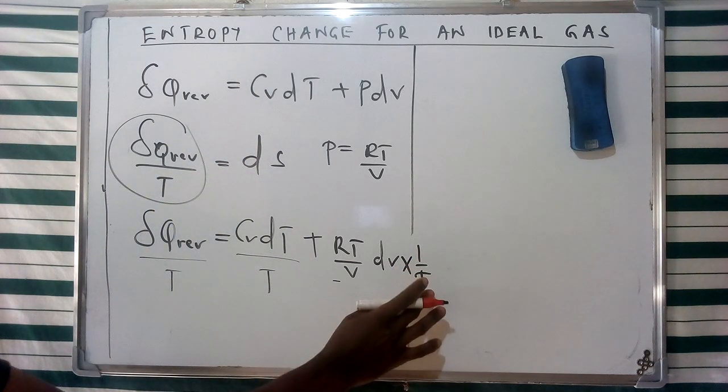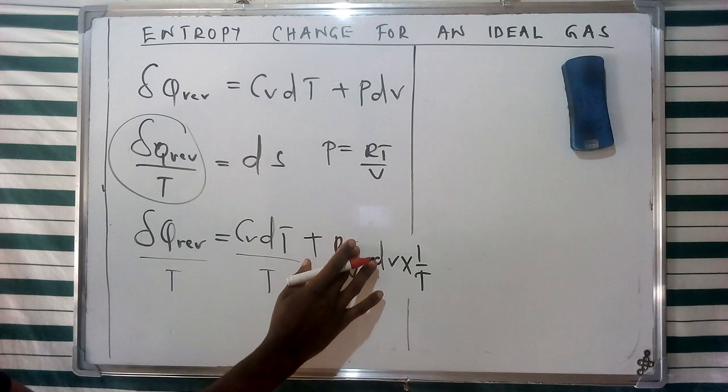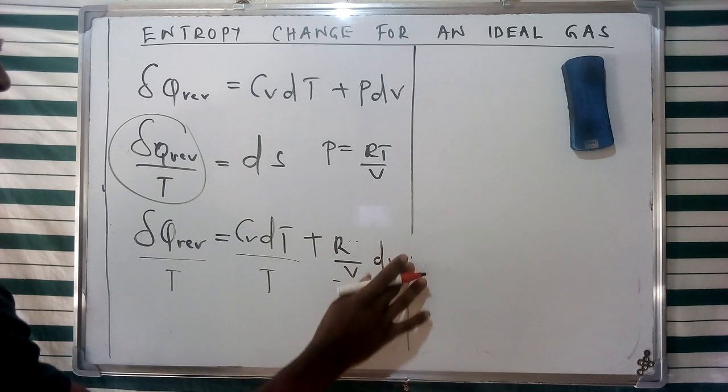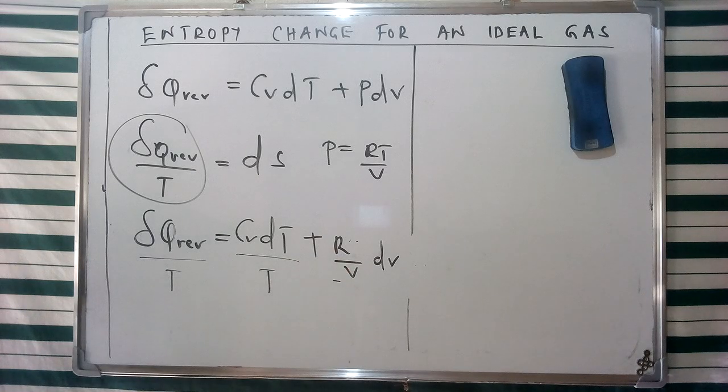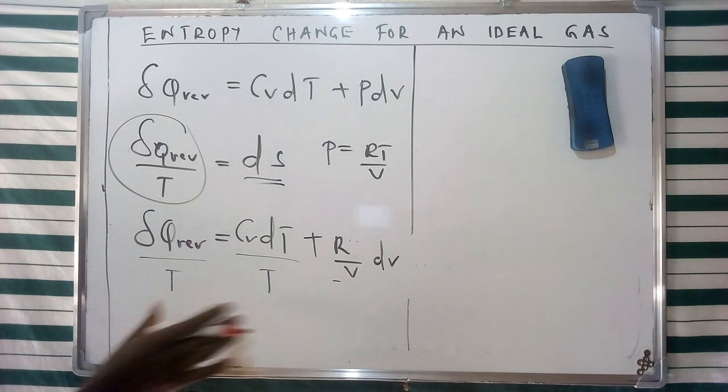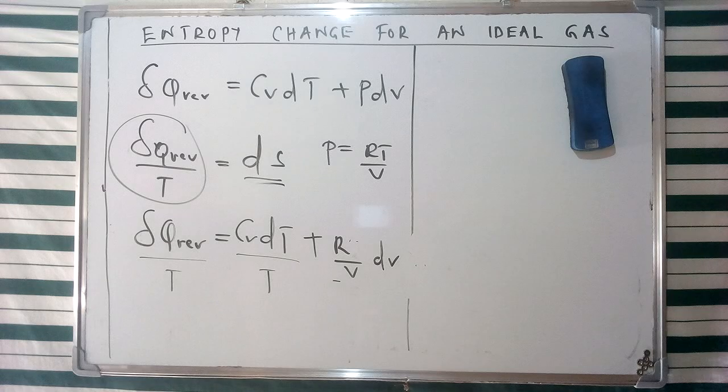For the last part of the equation, the T is going to cancel out, so we're going to have R over V dV given as such. So we're going to remain with the concept of dV over V, with R being a constant. So for us to obtain the dS from this representation, we can